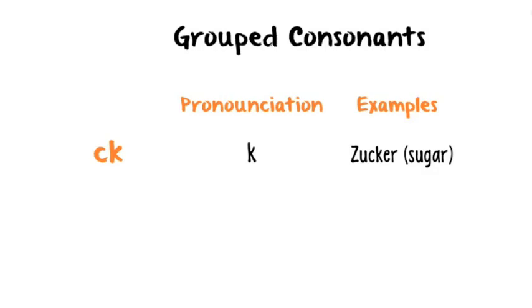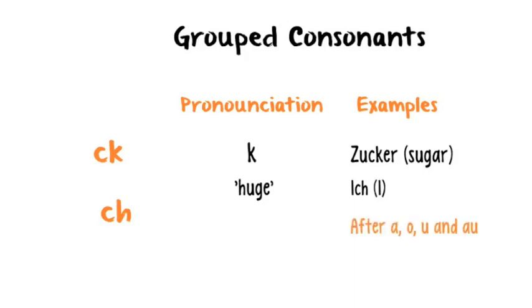The second letter combination is CH. There are three different ways of pronouncing this letter combination. In the first case, this letter combination sounds simply like the H in the word huge. Here we have the example of the word ich, which means I. In the second case, there's a specific rule. After the letters A, O, U, and AU, it's pronounced like the guttural CH in the Scottish loch. Here we have the example of the word Buch,